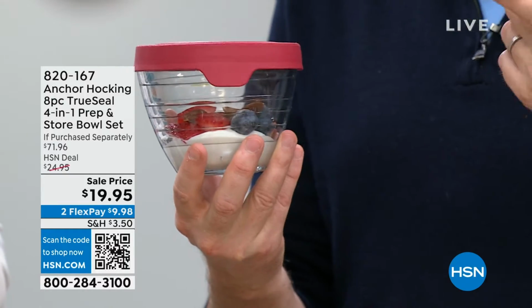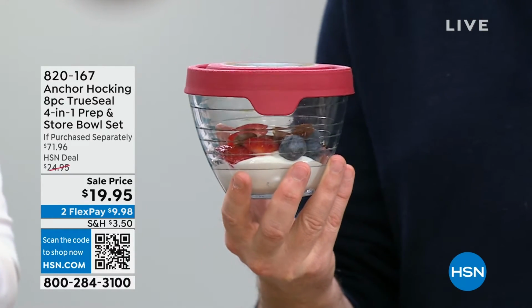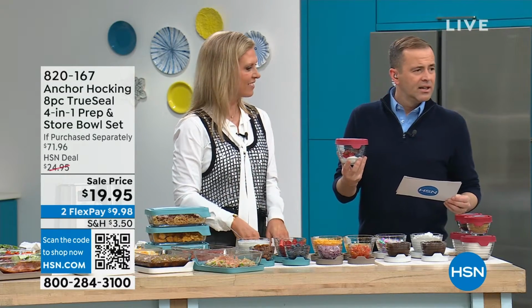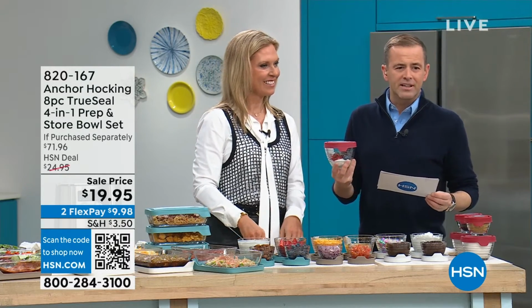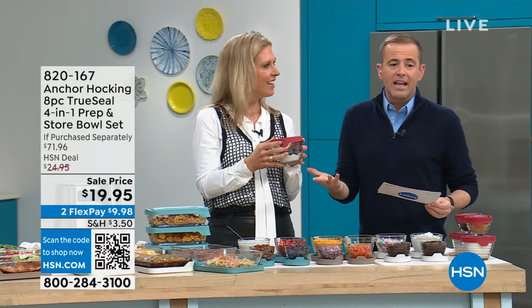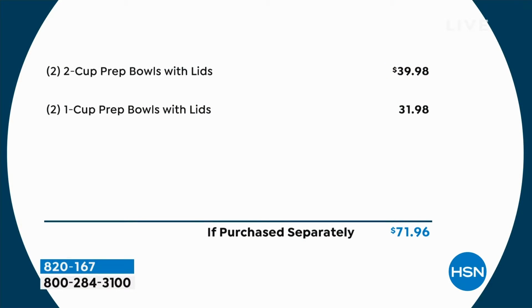$19.95. This is one of the other ones where we've discounted it. So we're down from, wait, is that right? Am I reading this right? What's the price if purchased separately, Rocky, on this? Is it $71.96? Oh my, are you kidding me? Oh, this will sell out. Tracy, we're down from $71.96